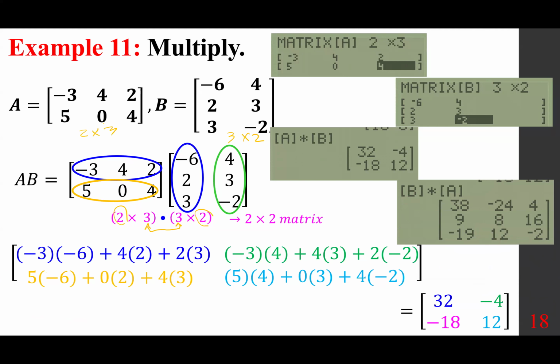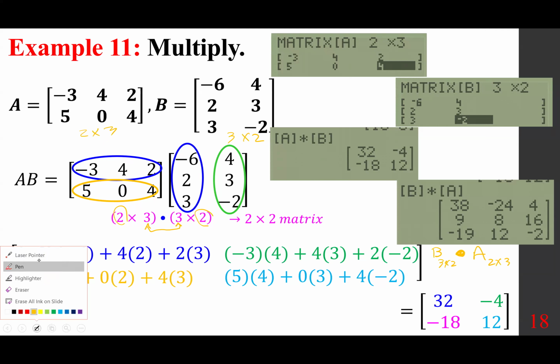Let me just write it here so it becomes clear why it can be done. B is 3 times 2, and if you multiply it by A, which is 2 times 3, because these two are identical, yes, it can be done,